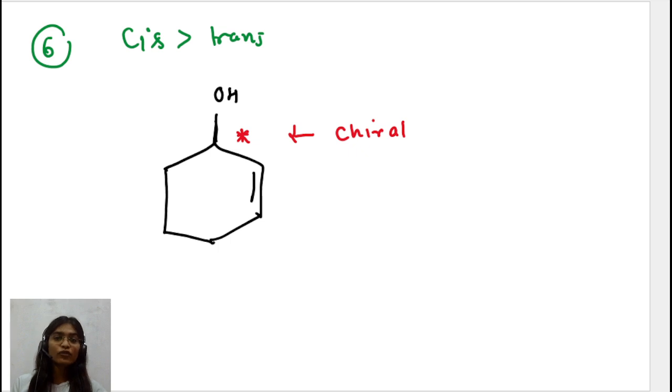So that we are able to find out the configuration. Is it R? Is it S? So that we are able to check that they are mirror images or not. In short, we are checking here whether this is optically active or not. Okay, that's it. This is the main agenda. We are just checking for the optical activity in all this. Okay, Sri Kumaran. Yes, please answer this question.